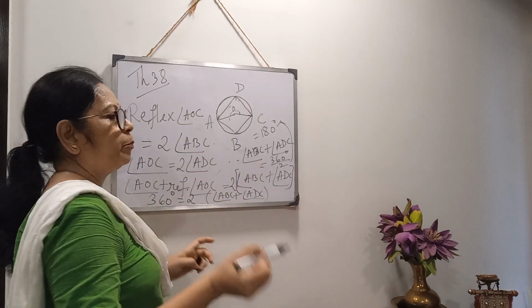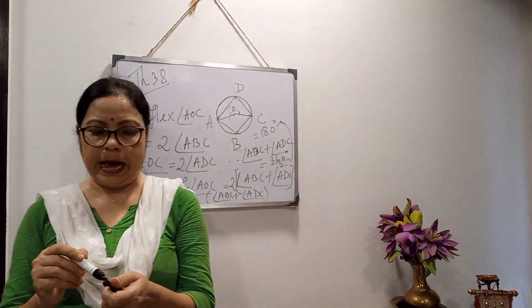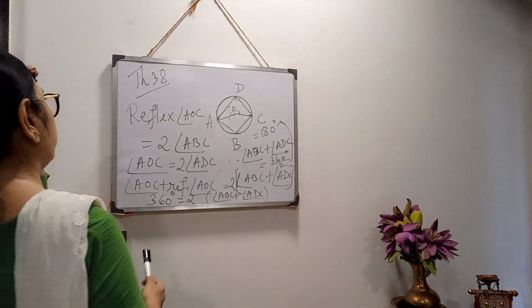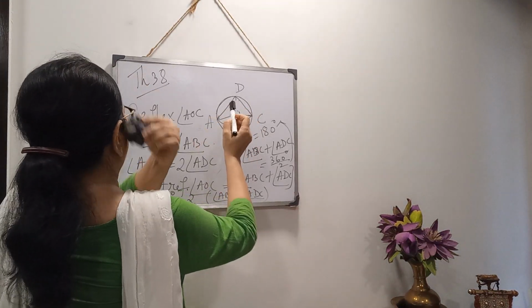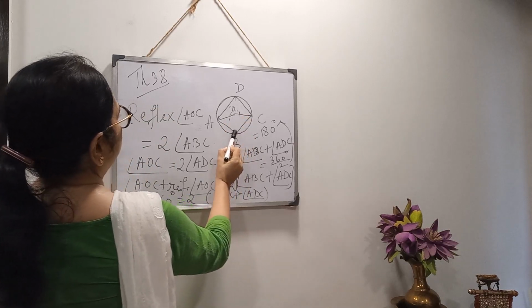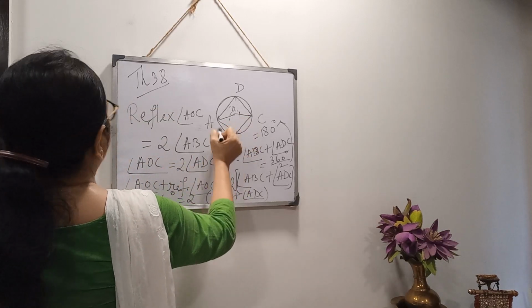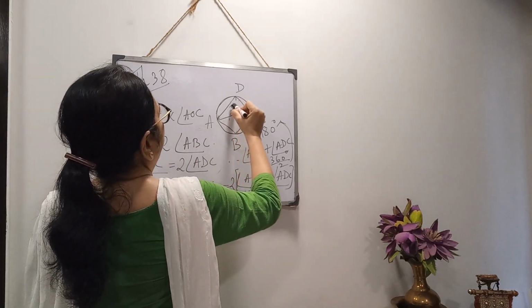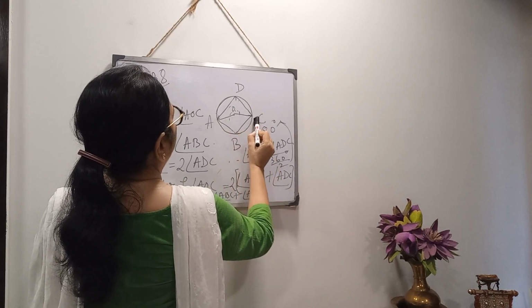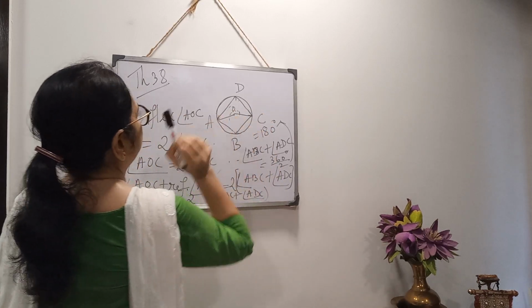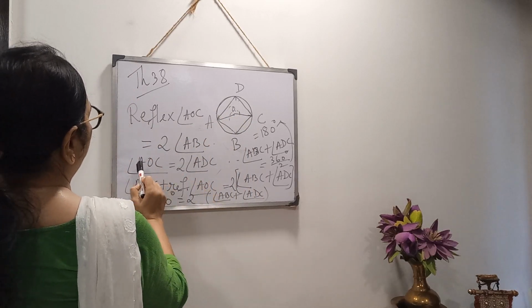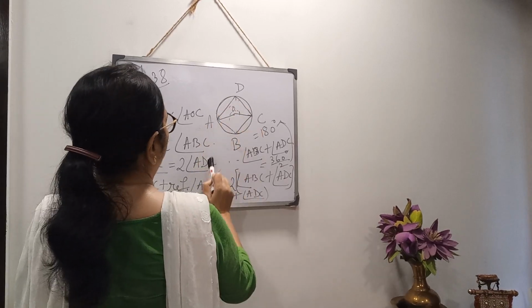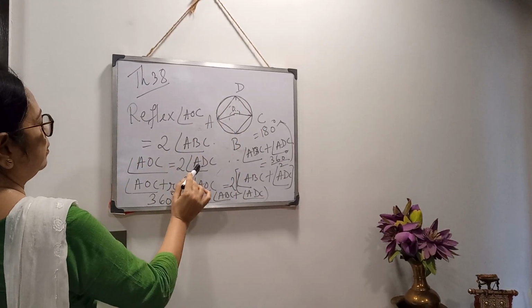From the previous chapter you know that the angle formed at the center is double the angle formed at the circumference. So from that we can write that reflex angle AOC equals twice angle ABC. This is the angle at the circumference. Second, with respect to angle ADC, AOC is the angle at the center. So again we can write that the angle at the center, AOC, is double the angle at the circumference. Clear? This is number 1, this is number 2.